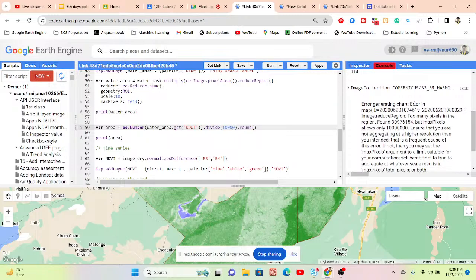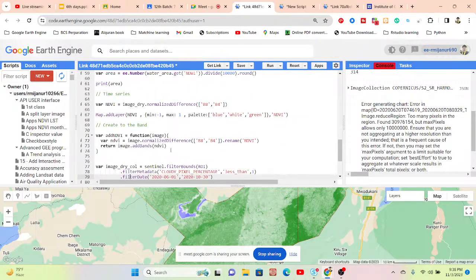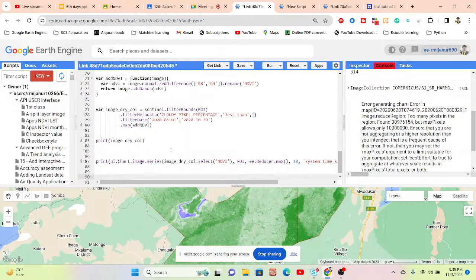This time it is also showing an error in the map, error generating chart. So we get a problem creating the chart. I simply show that we make the collection and the UI chart image series. When you face this type of problem, I already discussed how we can easily create the CSV file format. This is another way of creating the CSV file and downloading the time series data as an Excel